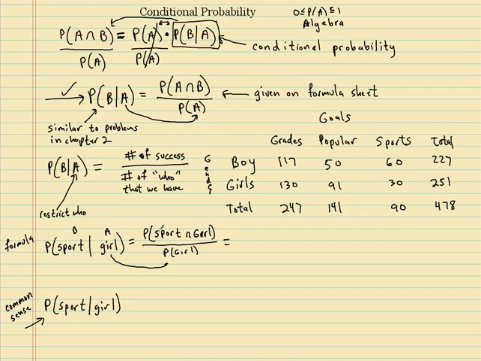So what's the probability you're sports and you're a girl? This is out of everybody. This is the intersection of girls and sports. So that's 30 divided by, this is out of everybody. They didn't ask for anything specifically. Divided by